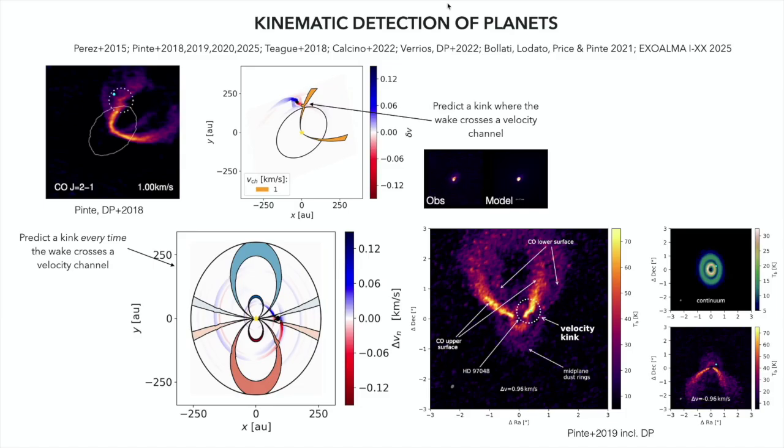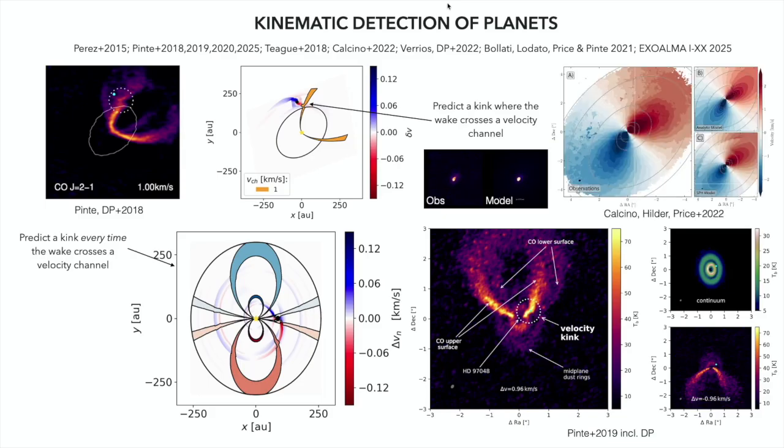Some of this might seem like speculation, but it's actually really easy to reproduce in models. You can make a model of exactly how the channel maps should look from your disk, put a planet in it, and reproduce the little ka-chunk at exactly the right location. What I'm hoping to convince you of is that we don't have to just speculate about whether there are planets in these gaps. We can see very direct evidence of the wake caused by the planet by mapping the wake in the velocity field of the disk.